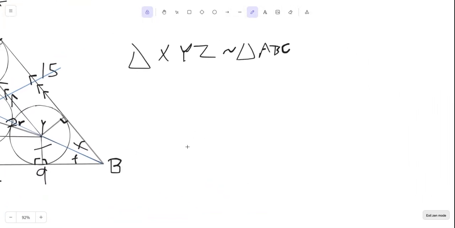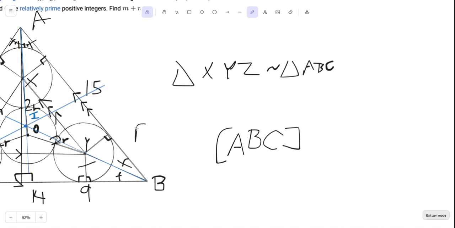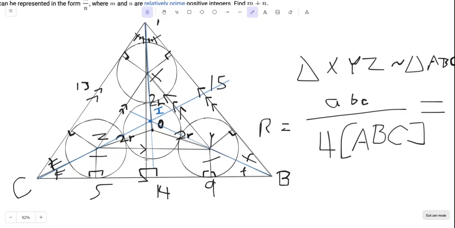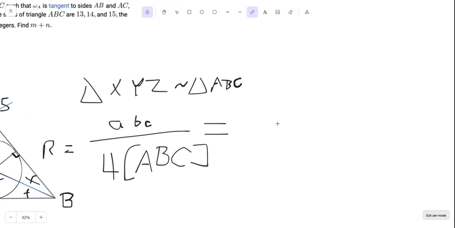So there's a formula we can use. Actually, we can swap them out. This form would be helpful. So this formula would give us the circumradius of the bigger triangle ABC. And we have